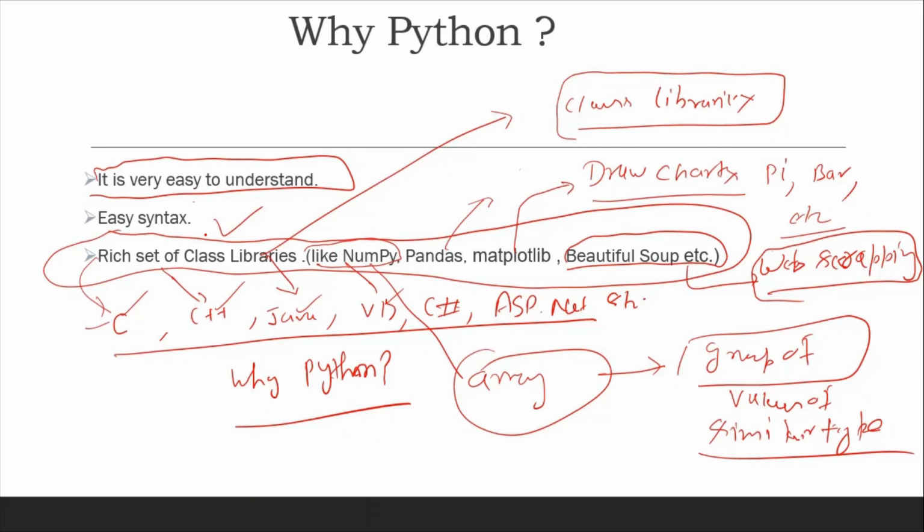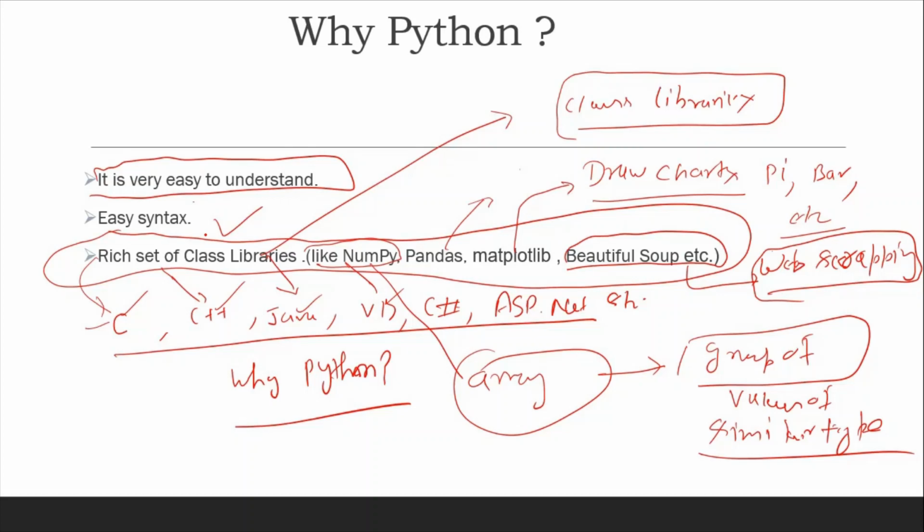So we use Python for different purposes. Python is in demand, and scientists also say that Python code runs faster as compared to other programming languages. It deals faster with hardware. So this is why Python is in demand.